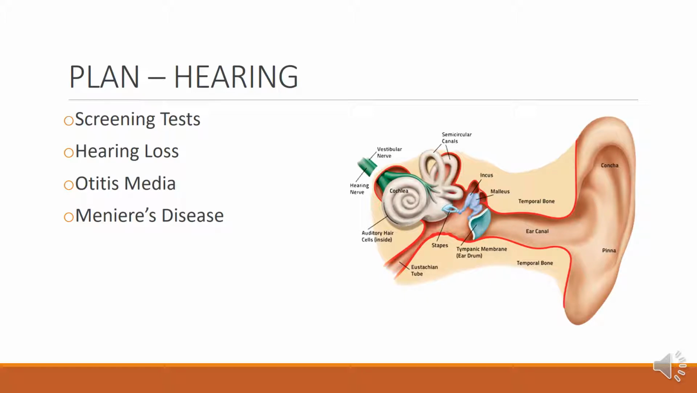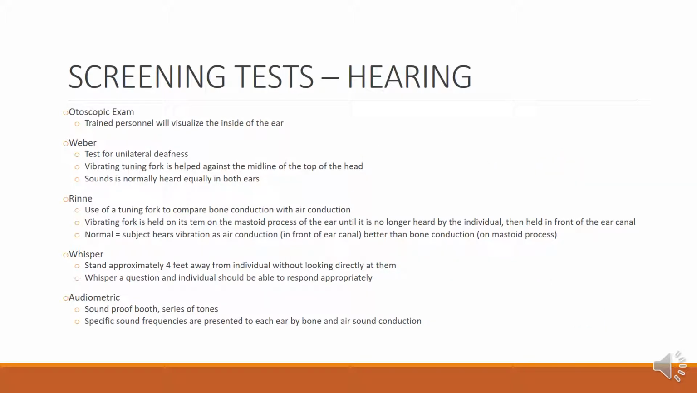Now moving on to the hearing portion, we're going to talk about screening tests, different types of hearing loss, otitis media, and Meniere's disease. This is, again, just a basic picture of the anatomy of the ear, something that you need to review on your own, especially in your health assessment book. Looking at screening tests, so otoscopic exam, this is when a trained personnel will visualize the inside of the ear